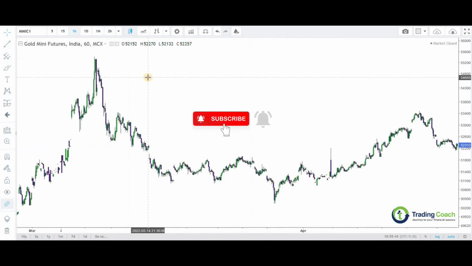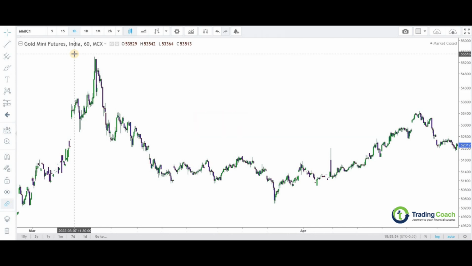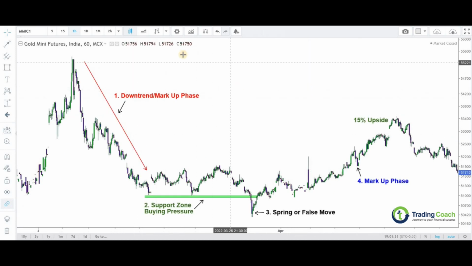So let us quickly look at another example over here, and this time I'm just bringing up a commodity. All right. So the Wyckoff market cycle is not just limited to one specific asset. You can apply it on any different assets, whether you're trading in commodities, currencies, stocks, or whatever you point out. So in this particular case, I'm looking at gold mini futures of the MCX market, and if you look at the price action over here, we have a similar price action, right? So take a look at this.